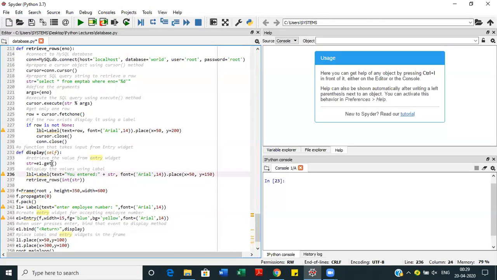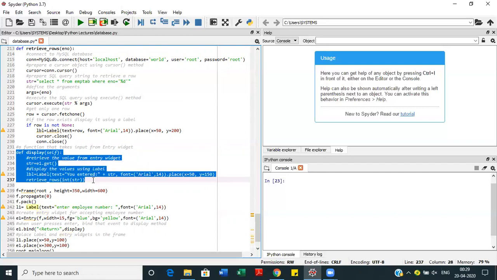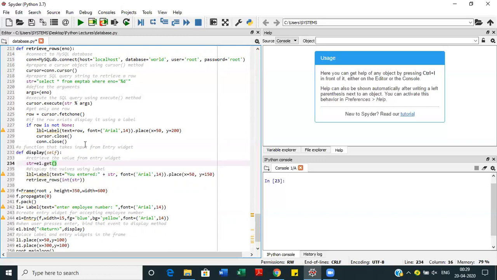Now see what the contents of the display function are. So this is the display function. It will take this entry value and give it to this particular string variable.